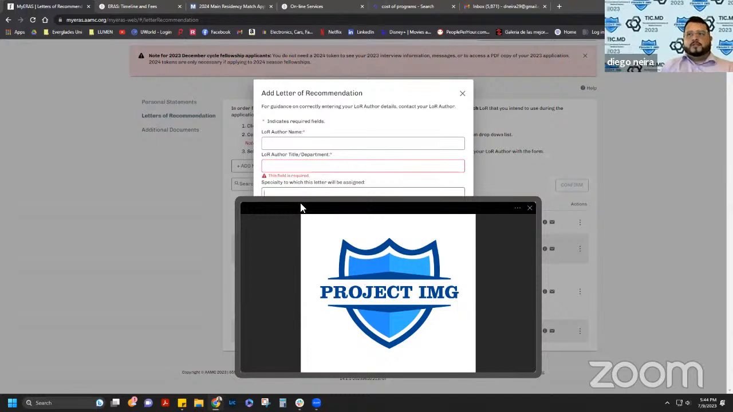The specialty to which this will be assigned: this part right here is more for you, so you know how to assign your letter. No, the programs aren't going to see this blank here. Within this,